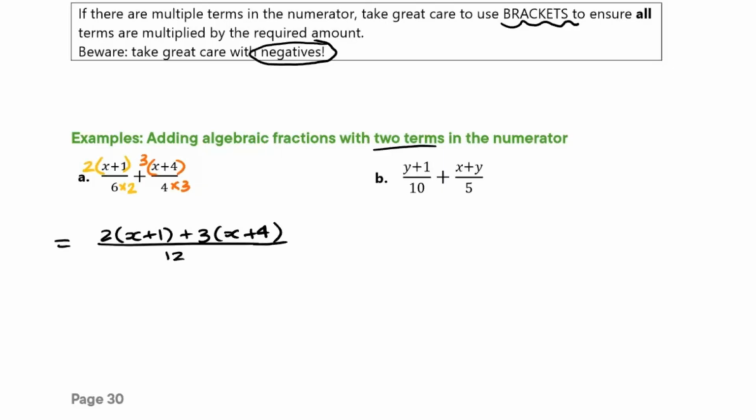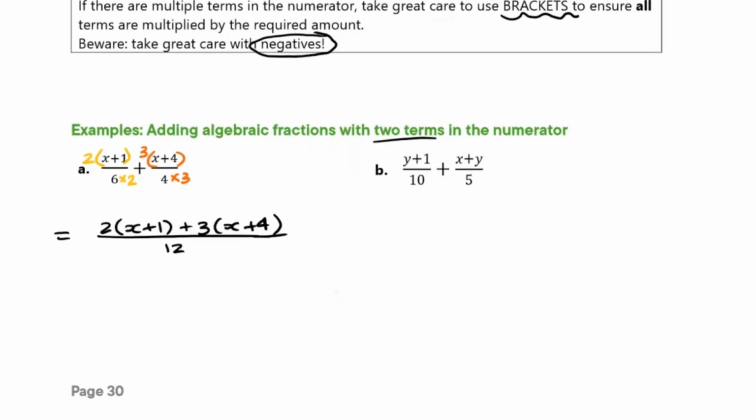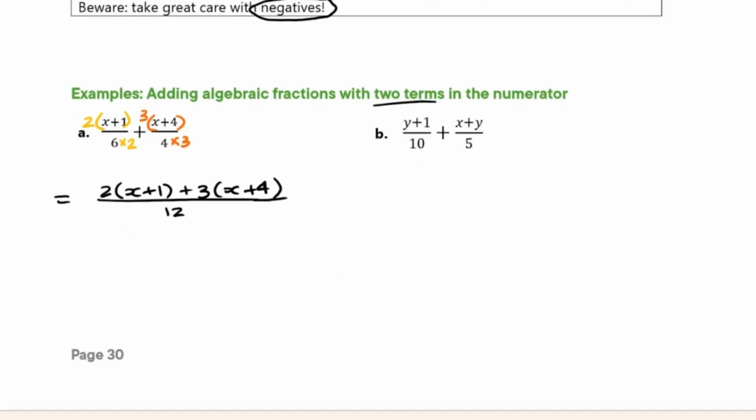Now, you might be tempted to skip this step, and look, you'd probably get away with it if you were doing positive numbers, but I really do recommend that you write it. It helps you break up the task and focus on getting every bit accurately done. Now, that's all fine and dandy, but we're going to expand out these 2 sets of brackets, and then we're